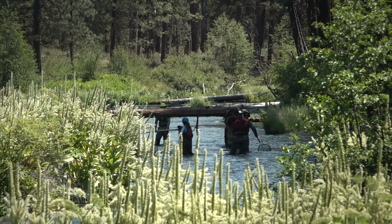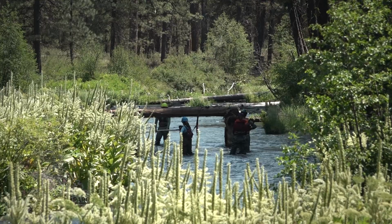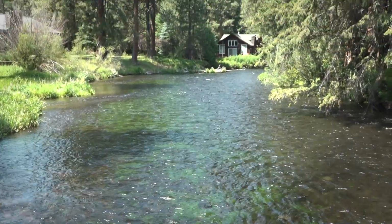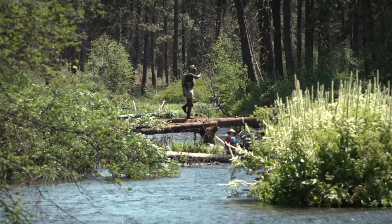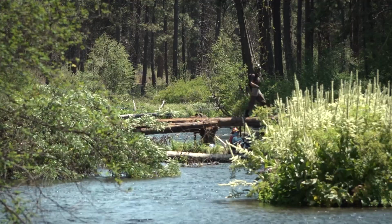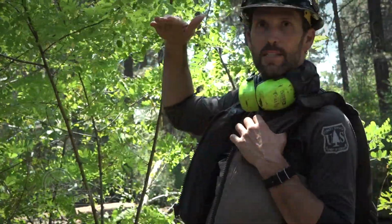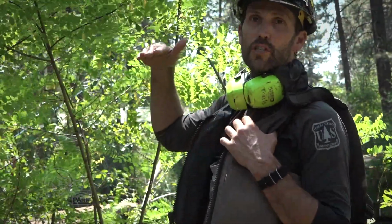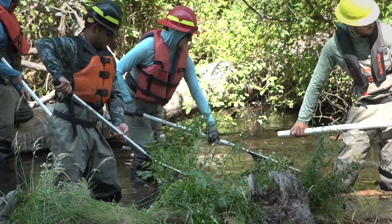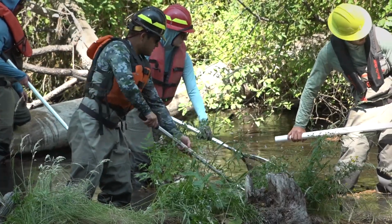The Tract E bridge is a few hundred yards upstream from the Camp Sherman Store. It was built in the 1960s to access a single home on the west bank of the river. We want to take it out piece by piece as cleanly as possible. Unfortunately, most of it is extremely rotted. And so you can see why we have such an efficient line of folks getting all the debris we